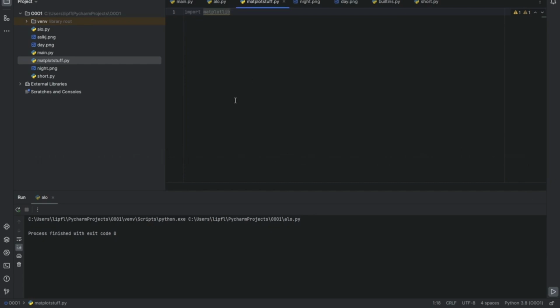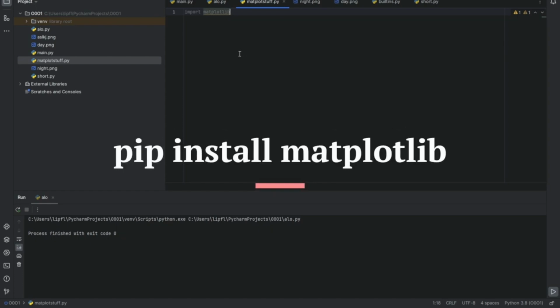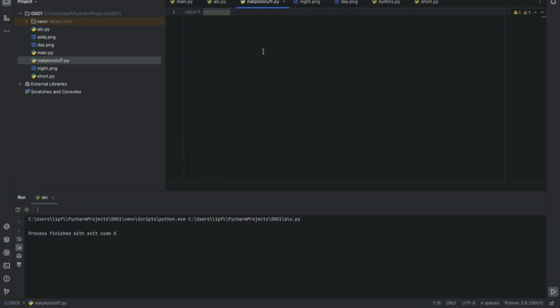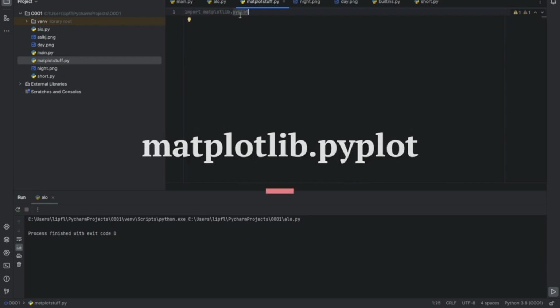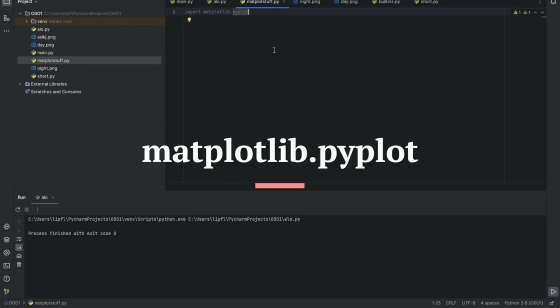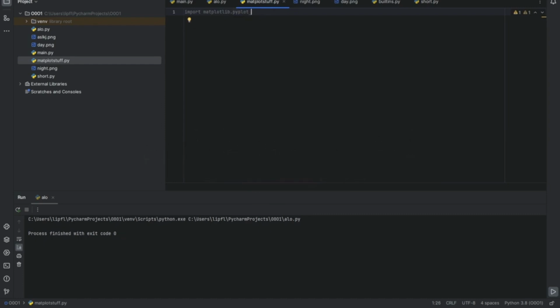And with that in mind, let's start by first of all installing Matplotlib. If you're using PyCharm, you can just type in Matplotlib, move your cursor above the word Matplotlib and click on install. If you want to do it with pip, just write pip install Matplotlib. But in this series we are mainly focusing on pyplot, which will be automatically installed if you install Matplotlib. And you can do it like that, or you can